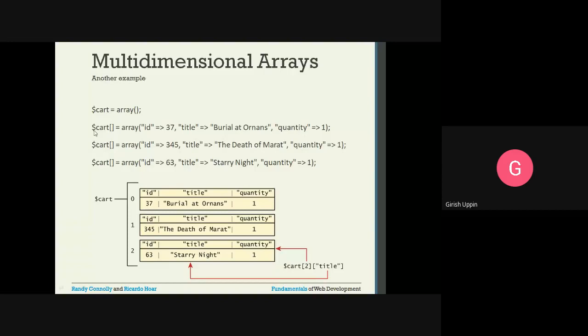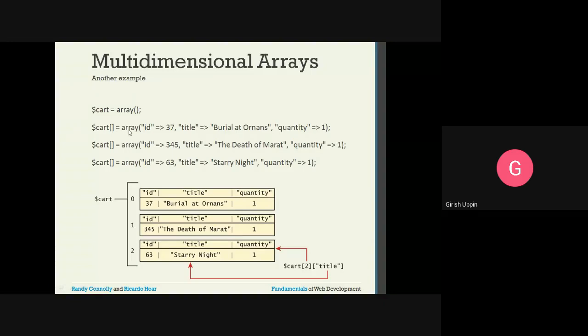Now I told you how to store a value: $cart followed by an empty square bracket. It will place whatever is on the right hand side at the 0th location, because right now it is 0.